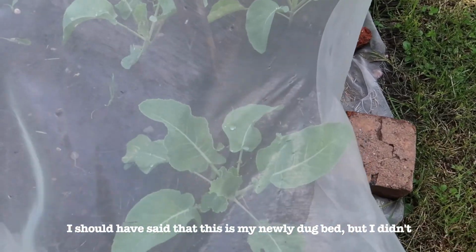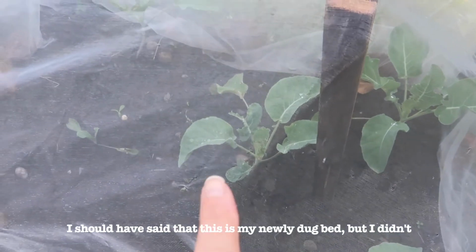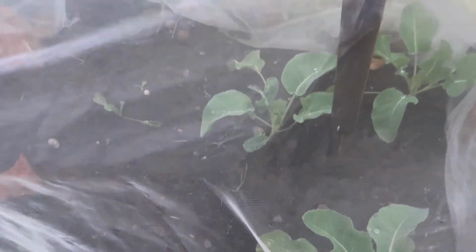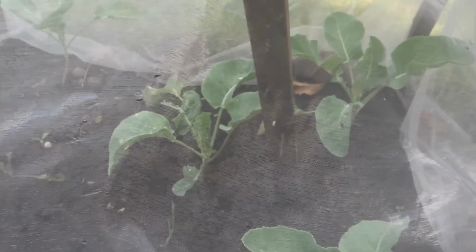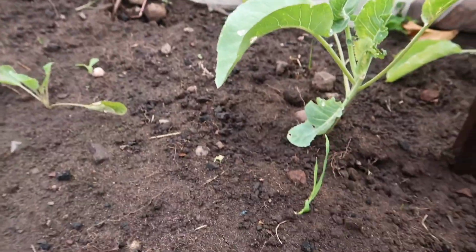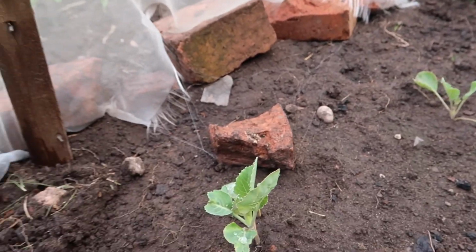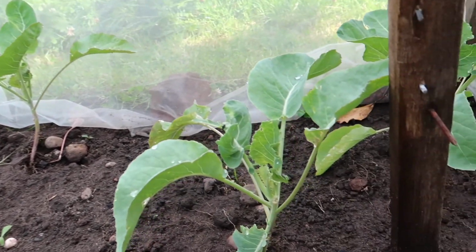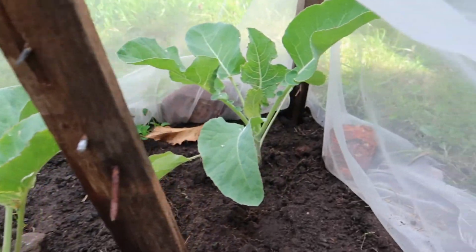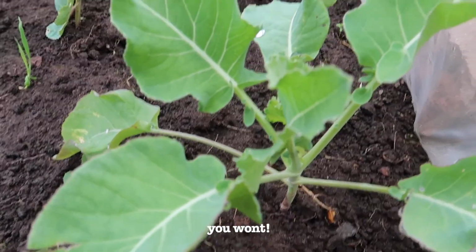So my cauliflowers are under here. One of them has been a bit munched, but not a lot I can do about that. I've covered them over as best I can. Things still get in. So, see if I can lift that thing up. Yeah, so I've covered them up as best I can. One there that's not doing so well, but the others are okay. That one's been, as I say, eaten, but I might give them a spray